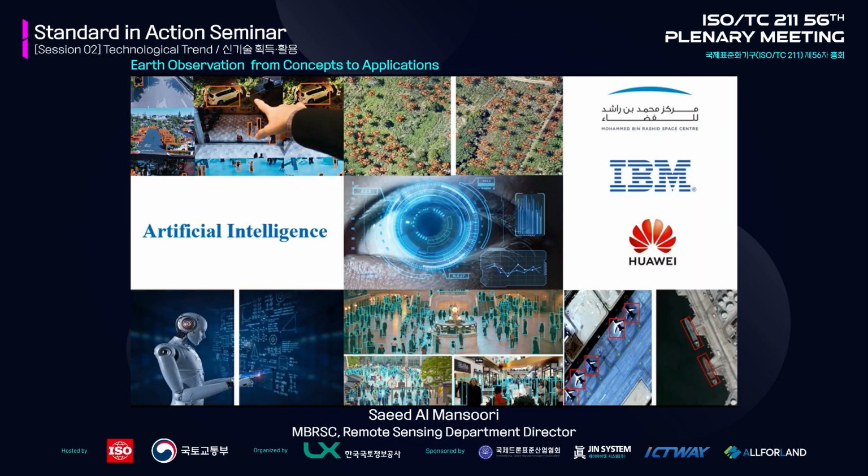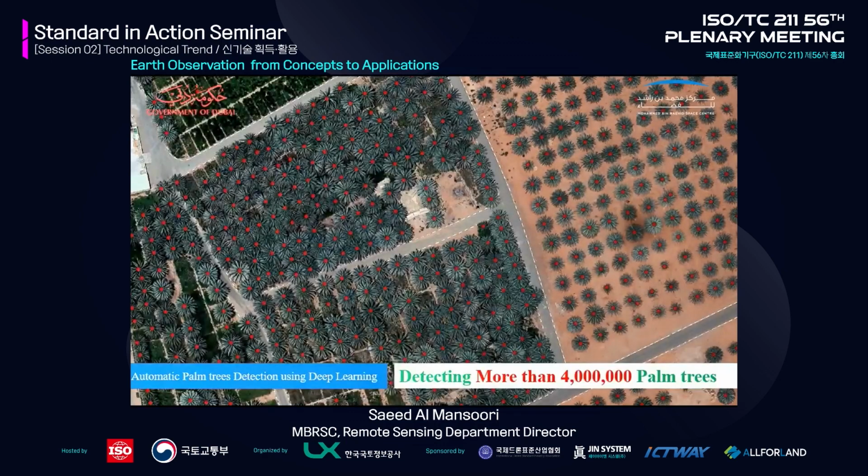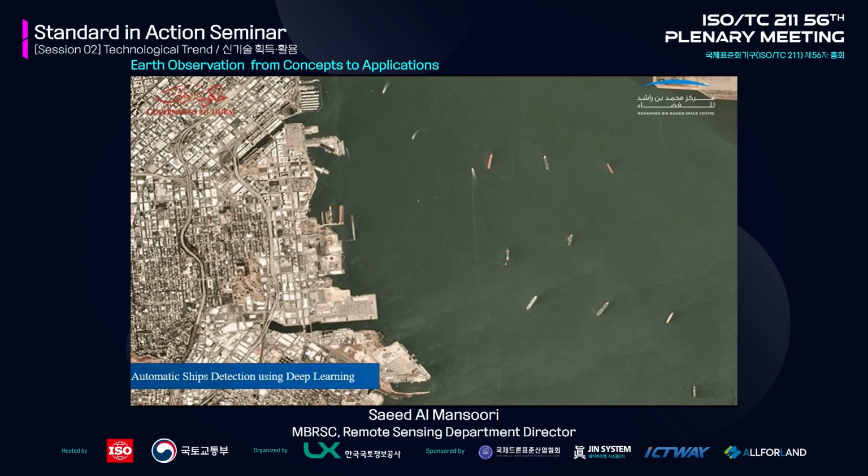Moving to the artificial intelligence, as you all know, artificial intelligence is a very hot research topic nowadays, and it can be used in a wide variety of applications in geoscience or remote sensing, and as shown here, we can utilize it to monitor different objects on Earth like palm trees. So our team actually managed to detect more than 4 million palm trees from satellite and drones data as shown on this slide. And they also detected other objects like ships,